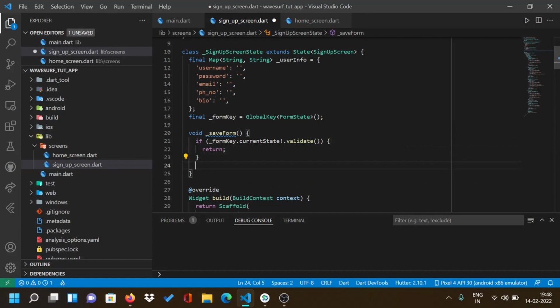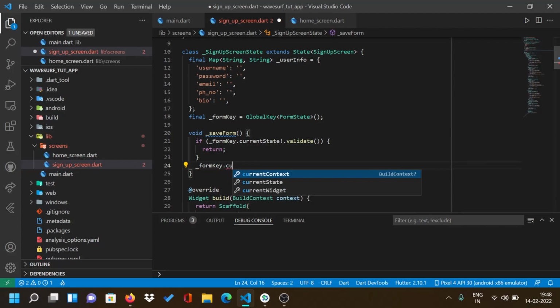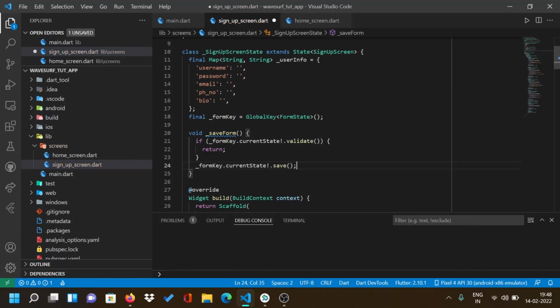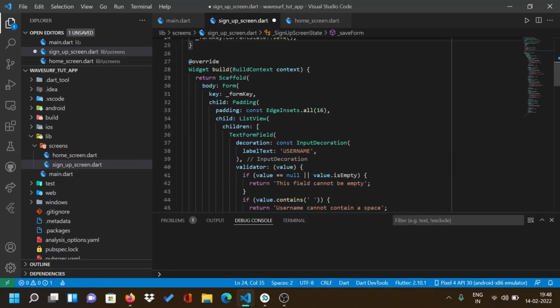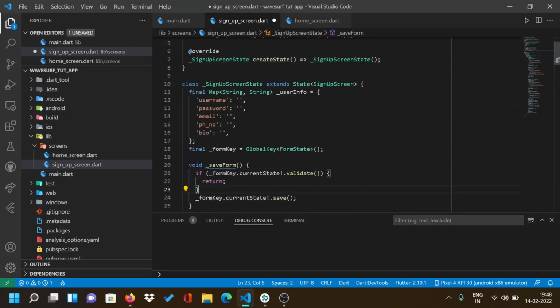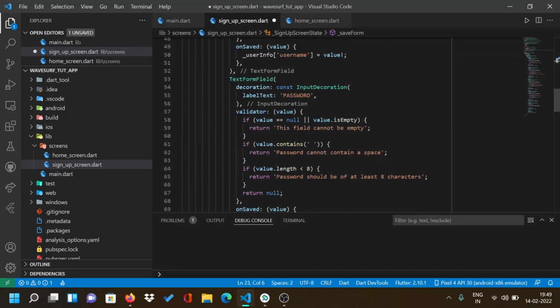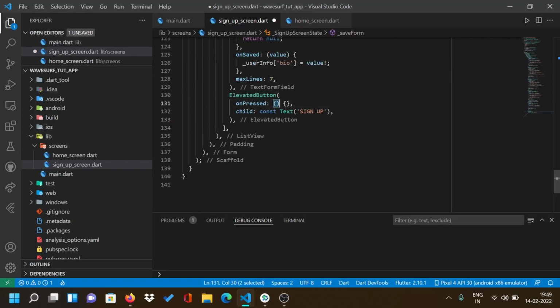Now that we know that our form is correctly formatted, we can finally save the form. So we can again use the form key to save the form and write here form key dot current state dot save. This is going to execute our onSaved methods of all the text form field found inside our form widget, and it is going to change the value of our user info map. Okay, now once this is done, let us go to our onPress parameter inside our elevated button and provide here